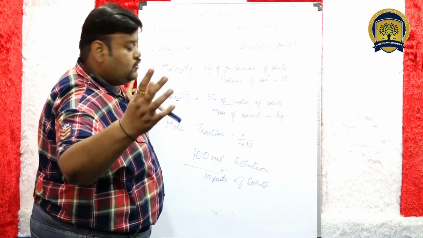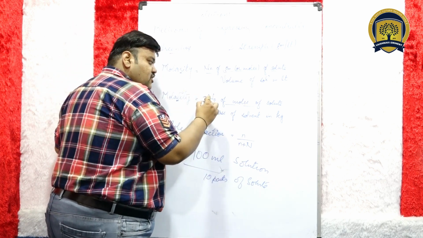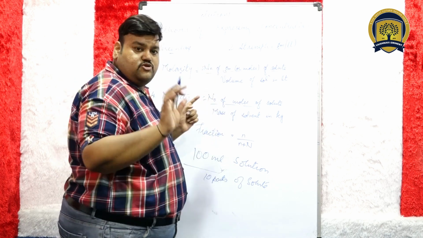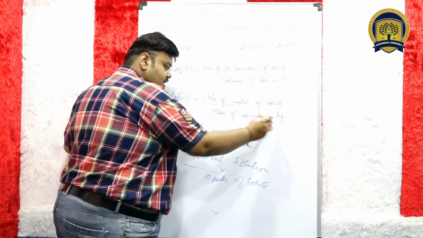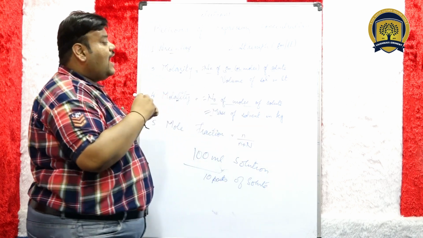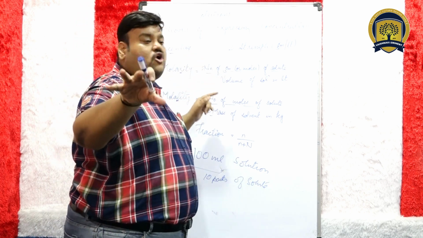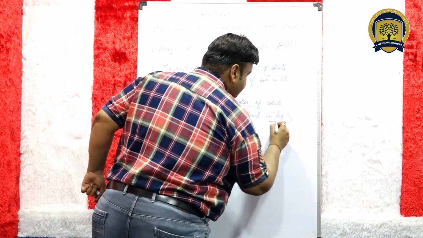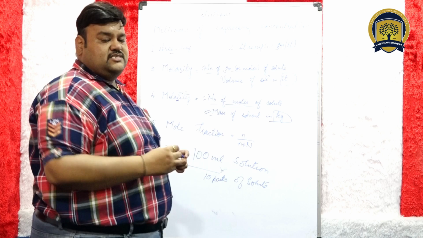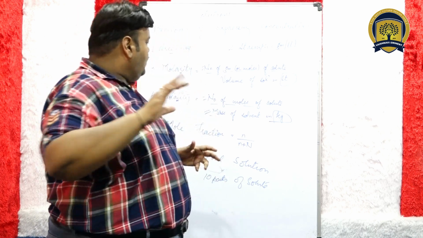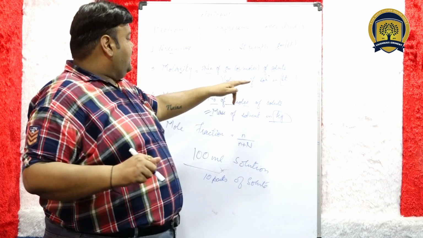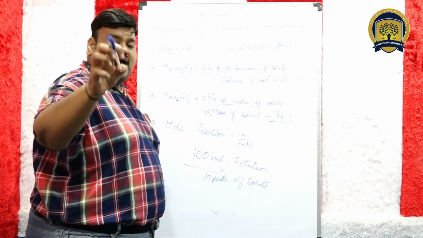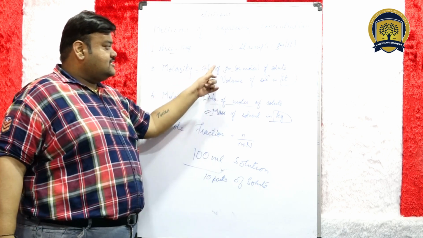And when we talk about the next topic, molality, the first one, number of moles, remains the same, right? Number of moles remains the same in both the cases. What changes in the base here is mass of solvent. So in molarity, the solution was taken in liters, and in molality the solvent is taken in kg. The only difference, basically speaking, between molarity and molality is that in molarity you are talking about the solution in liters, in molality you are talking about that in kg.